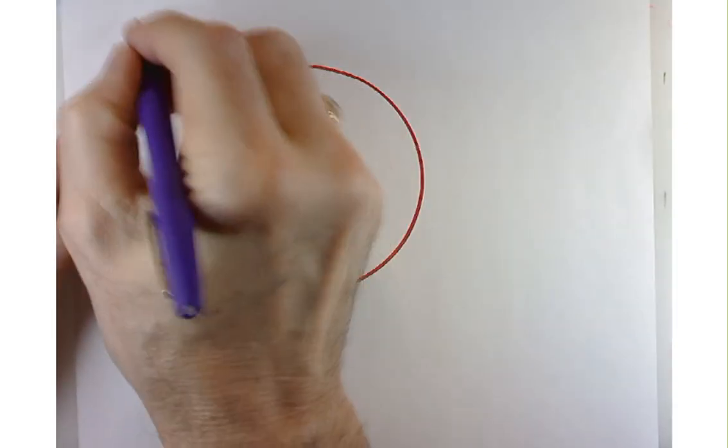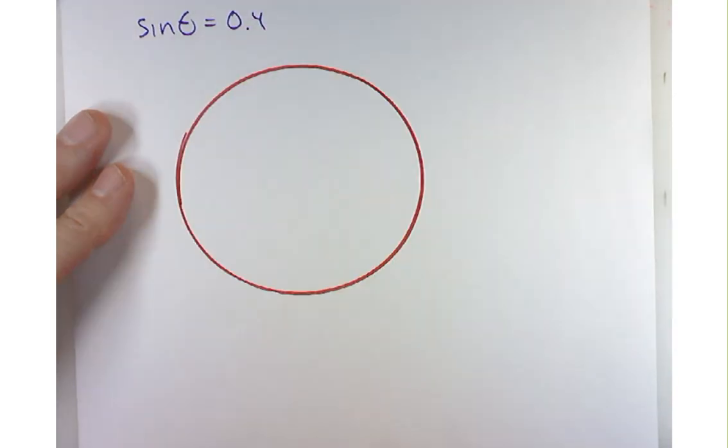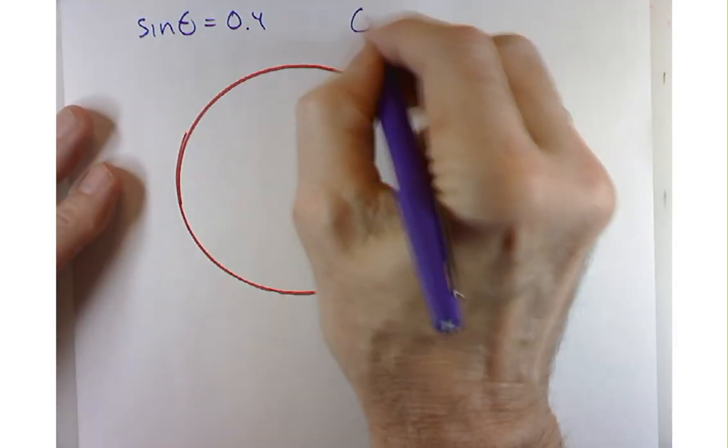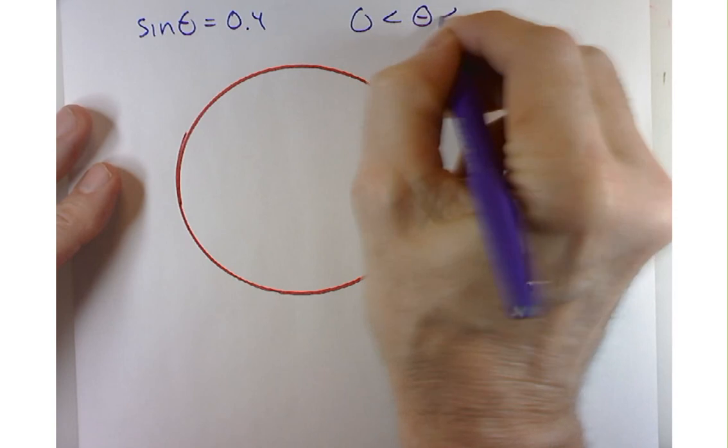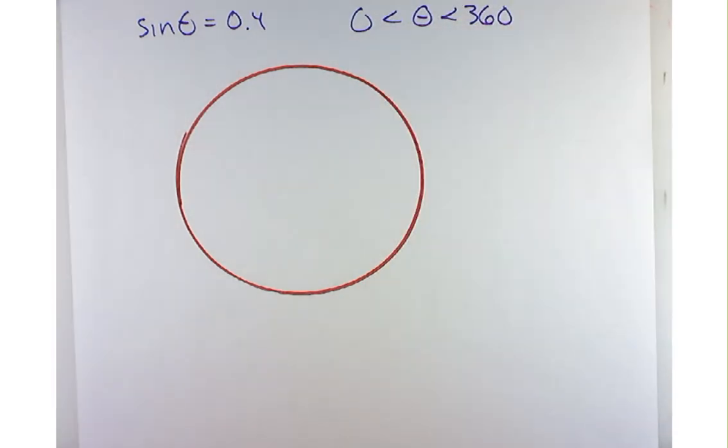So we want sine of theta equal to 0.4, and 0 is less than theta, less than 360. Does that mean my answer is going to be in degrees or radians? Degrees. All right. Pay attention to that, please, because on the final exam, when I'm grading these for hours and hours,